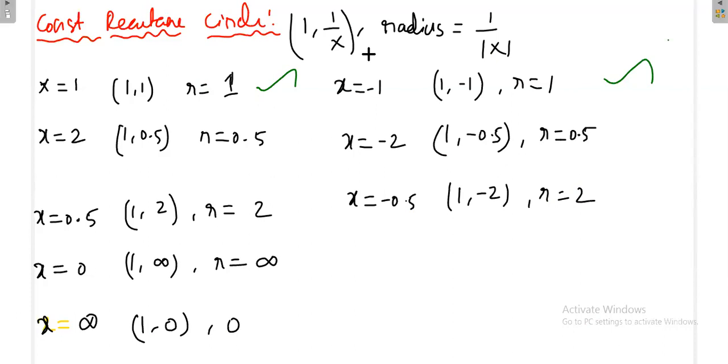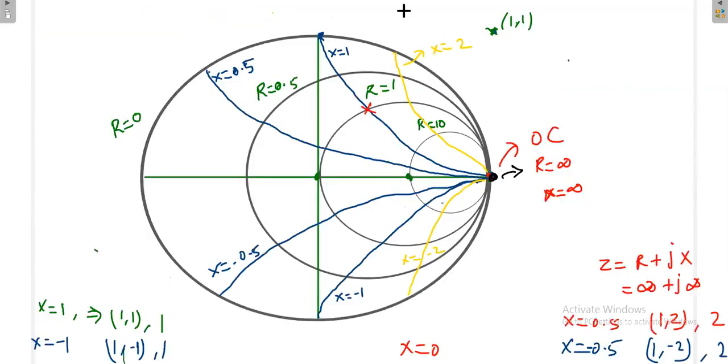So, okay. Again, see, if X is equal to 0.5, you are getting here. Then if X is equal to 0.4, it will come here. If it is 0.2, it will come here. Then finally, this horizontal line will denote the X is equal to 0 line. Because look here, if X is equal to 1, where is it; if 0.5, where is it; then 0.2 would come like this, 0.1 would come like this. So finally, this is X is equal to 0.